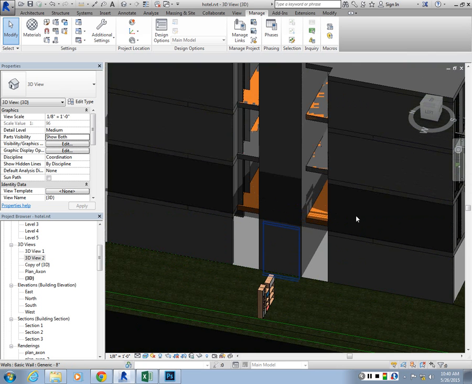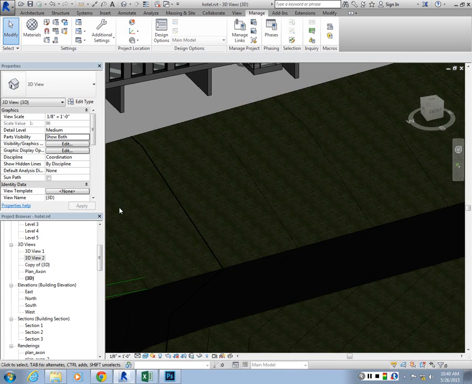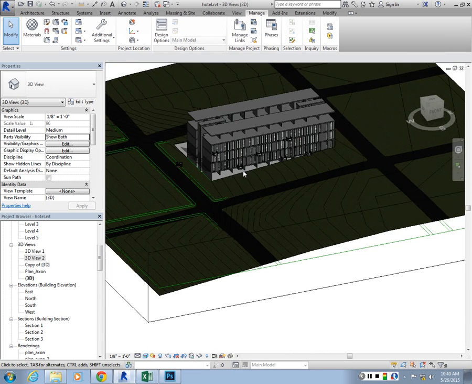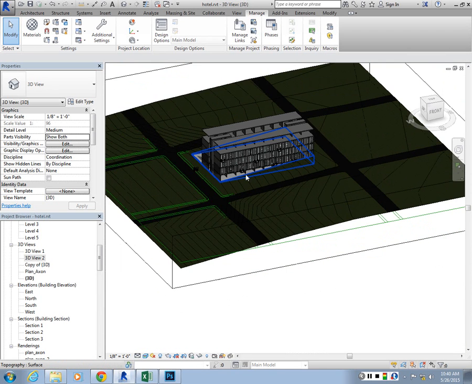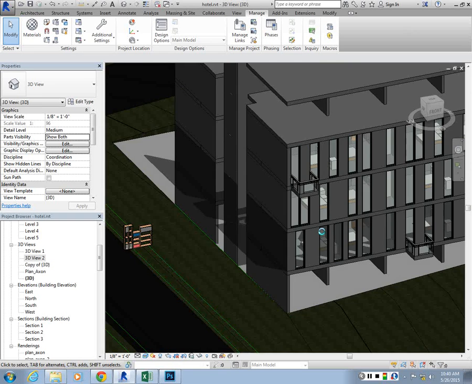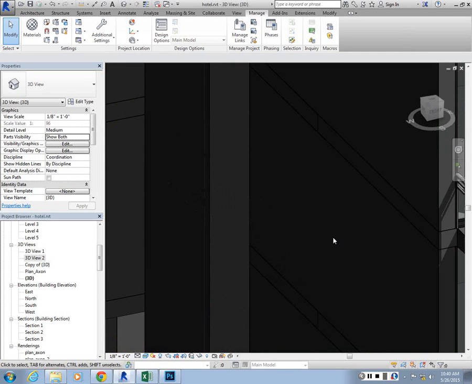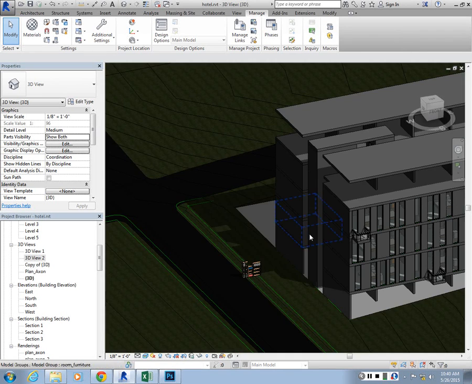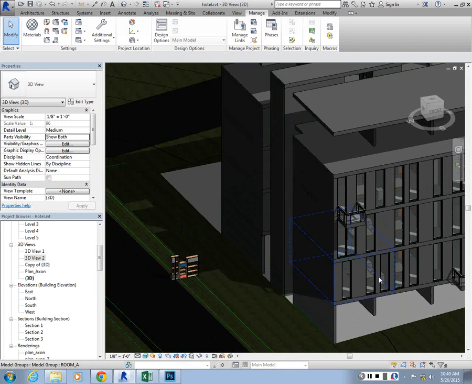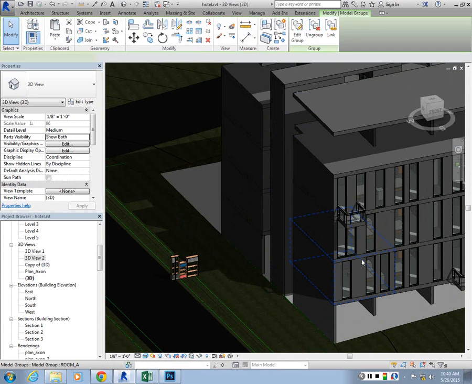So what I'm going to do is select one of the specific walls of a unit and override its properties. So I'm going to come in here, let's say this unit. I'm going to choose the unit,